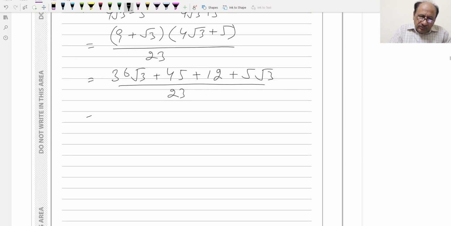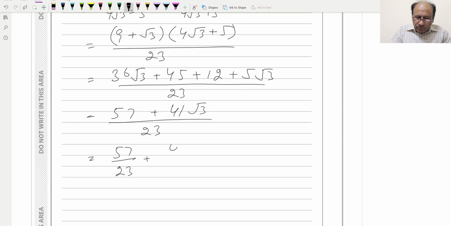Next step we can add, so 45 plus 12 will be 57, and this will be 36 plus 5 will be 41, so 41 root 3 divided by 23, and you can write 57 over 23 plus 41 root 3 over 23. This will be